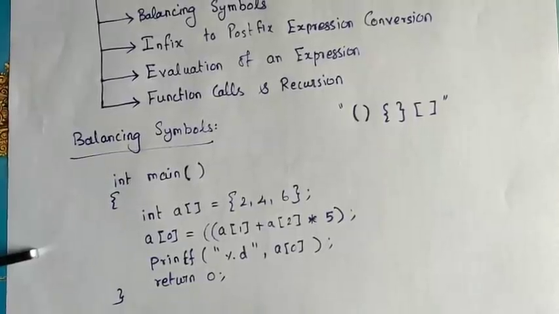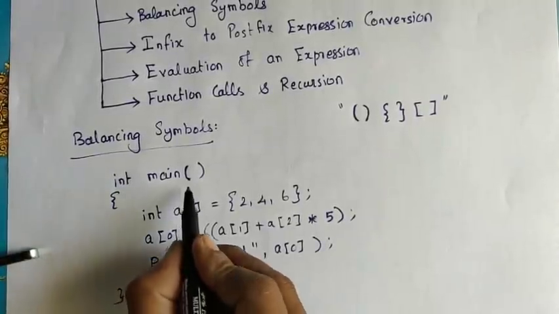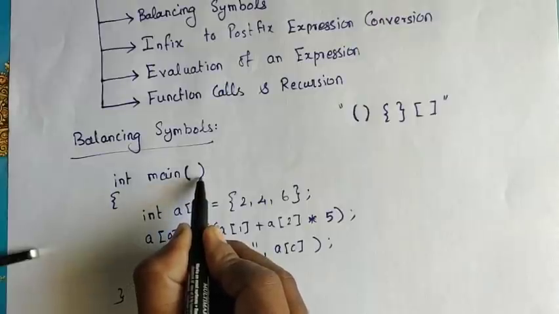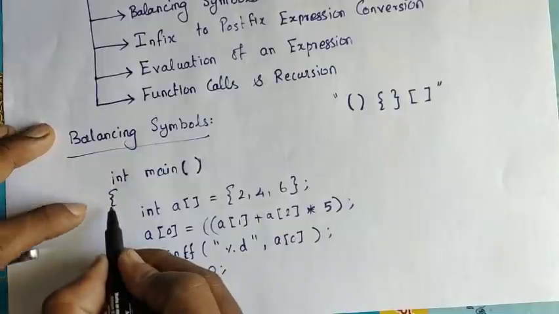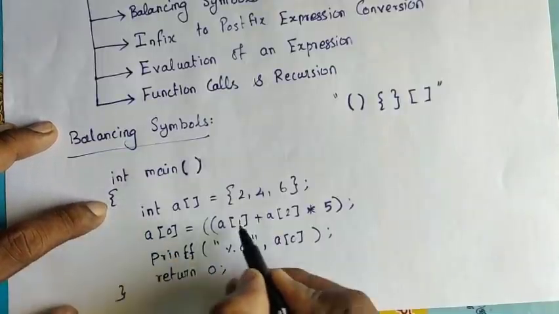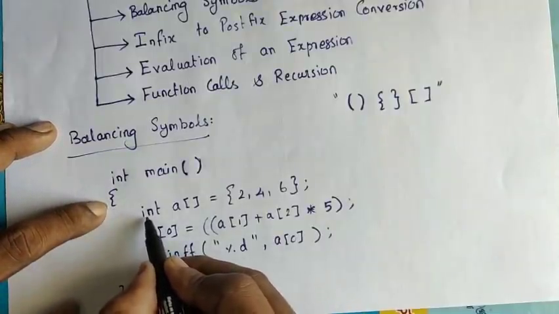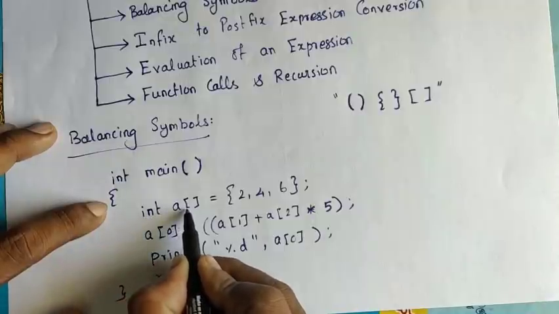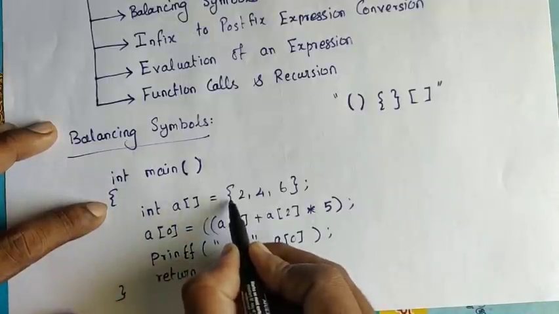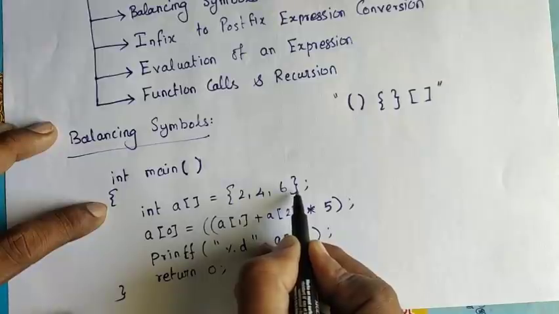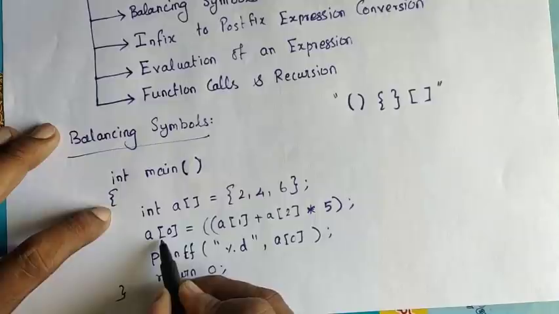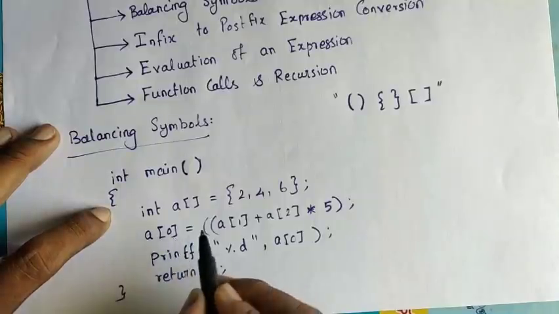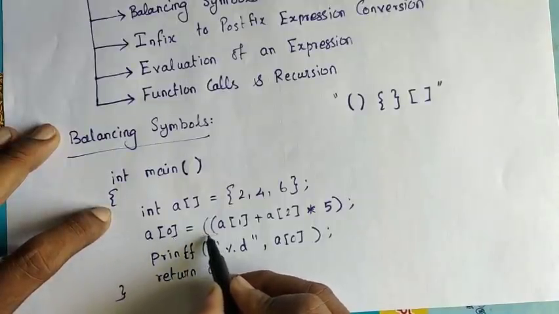When you look at the code, if you start from here, this open bracket has the corresponding close bracket, so we can ignore these. Again we have started an open brace, where will it be closed? Like that, character by character it will check. So here open and close, this will be over. Open and the corresponding close, this will be over. But this is not yet closed. And then here open and close, it is over.